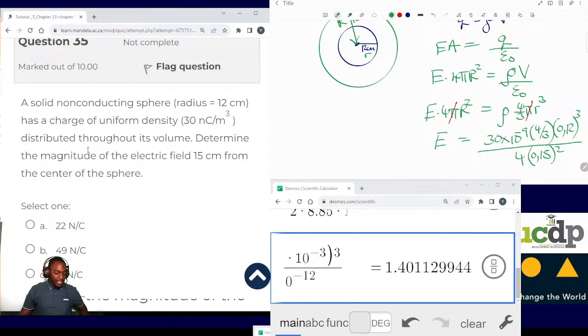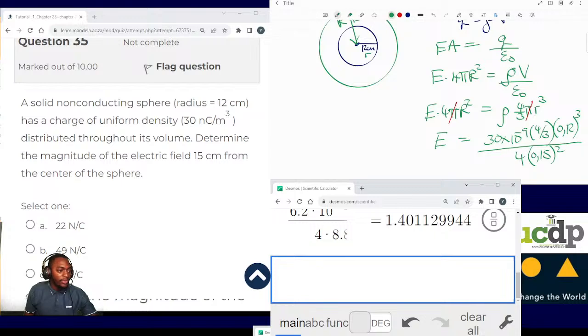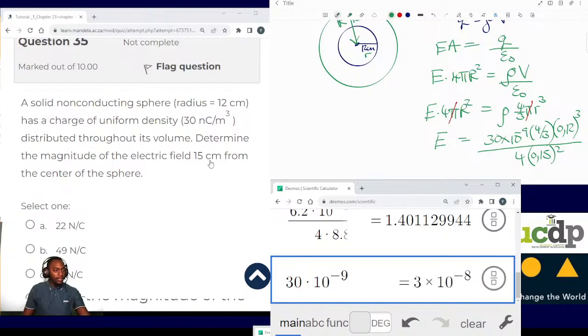Please punch that and let me know what you get. I'm going to quickly punch and see what we get. Let's see if we get the same answer. So this is 30 times 10 to the power of negative 9 times